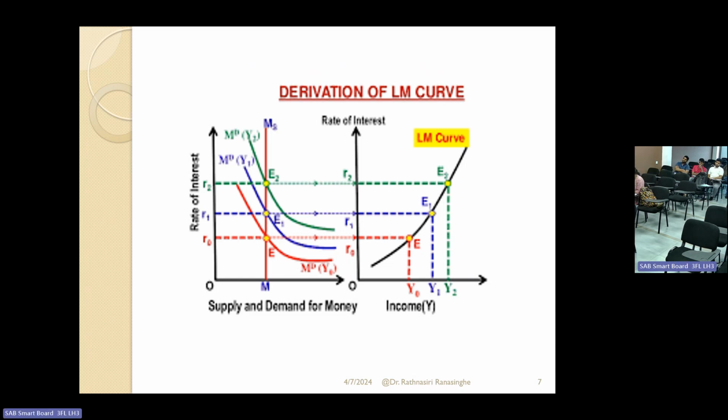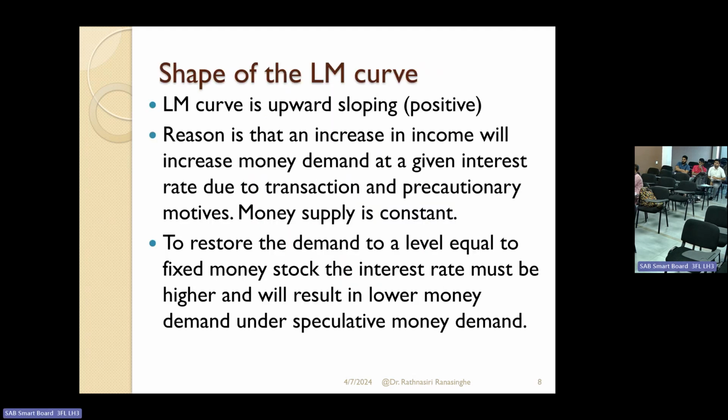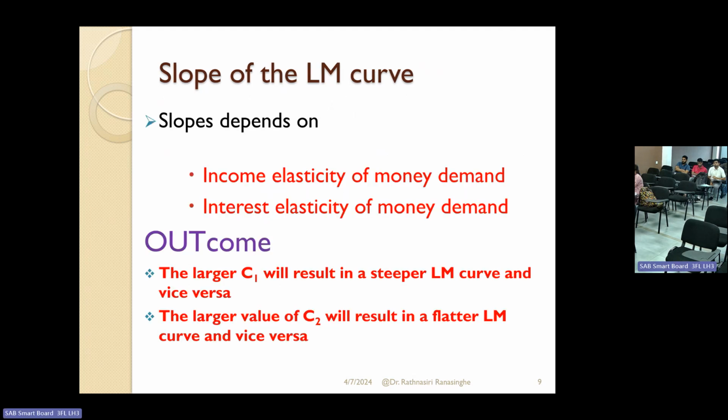Now you know that the LM curve represents the money market equilibrium. At any point on the LM curve, money demand equals money supply, which gives us various combinations of interest rate and income at equilibrium. Okay. Then if you look at the shape of the LM curve that we discussed, it is upward sloping, so it's a positive slope. You can explain why it is a positive slope, right? And the slope